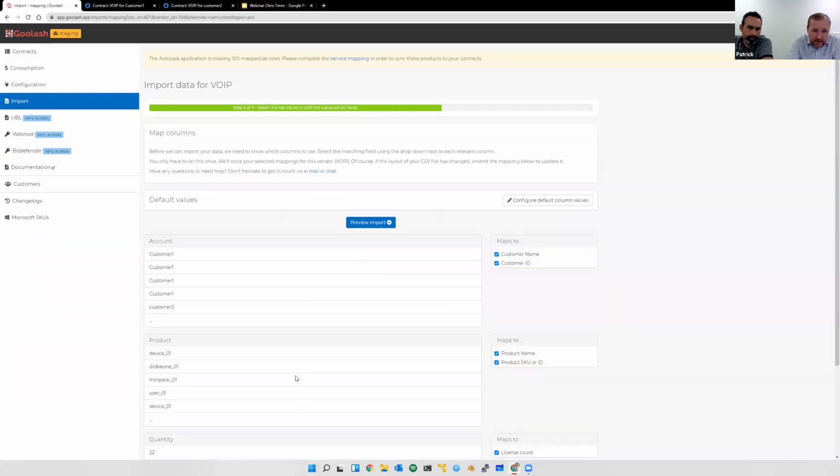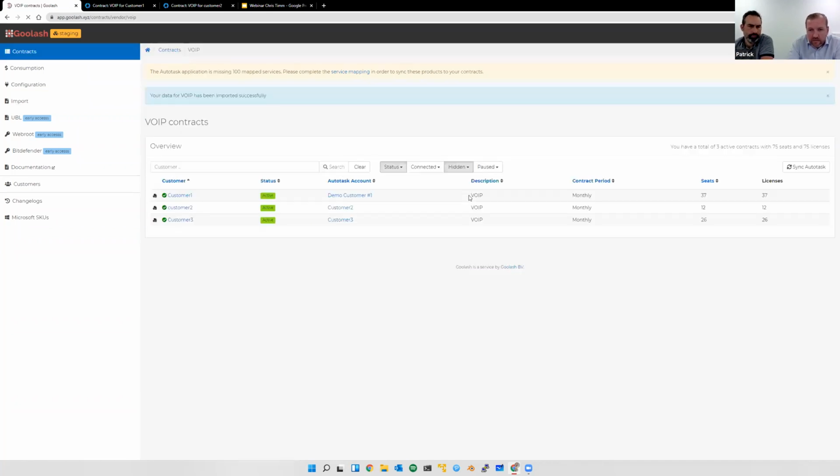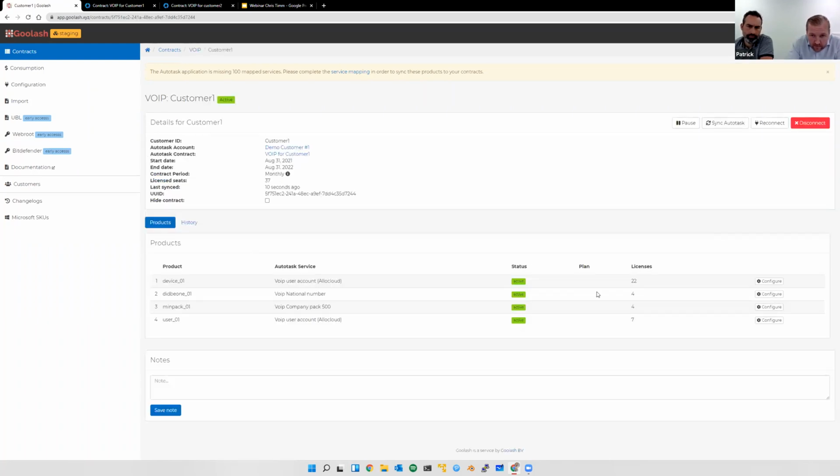I import the data at the end of the month. The mapping is already made, so I'm going to skip this one. Now I can see there is a new license count. I'm going to import the data. And the license count is added with the new licenses. In the background, there's already an Autotask contract available. So if you go to contracts,